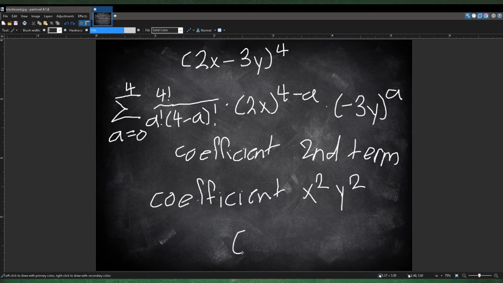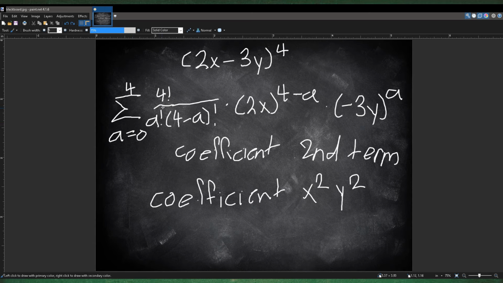So now you have negative 3y to the power of a. You could ignore the negative 3, the same way I ignored the 2 here. You have y to the power of a is equal to y squared, and you still get a is equal to 2. So that's 2 ways to get the number. You only need to do it once. So let's say you just use the first way. You said x to the power of 4 minus a equals x squared, so a is equal to 2, right? So now you just have to plug 2 into